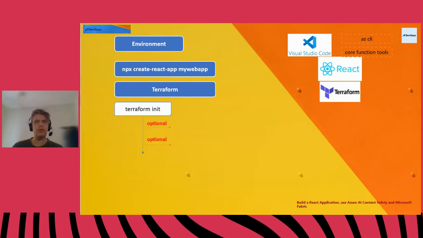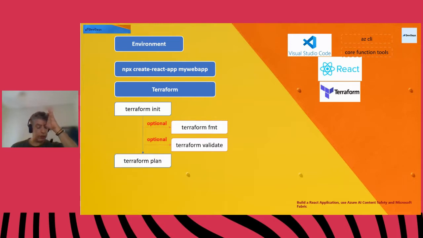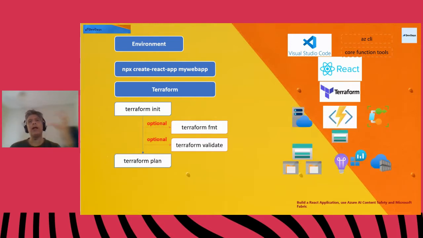I'm using Terraform that helps me build my infrastructure quickly. It's already built, as I told you earlier. Terraform init, of course, we have to initialize our providers. These two commands are optional, but I'm using them all the time. fmt allows me to have nice indentation in my files, and validate is very, very useful in case we have some errors or something is wrong, it will inform us. Of course, the Terraform plan will do the same, and it will plan our infrastructure. It won't deploy it. Terraform apply will deploy our infrastructure,